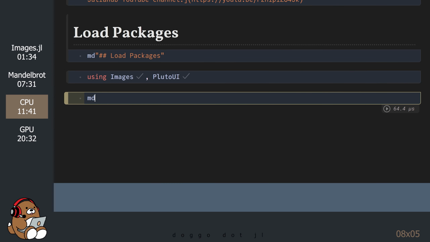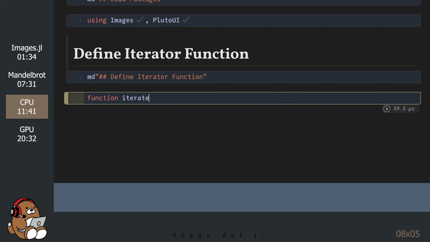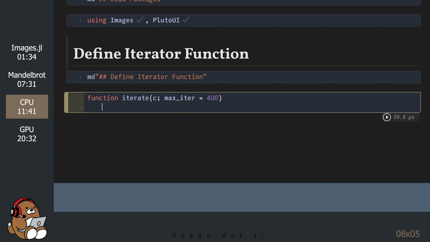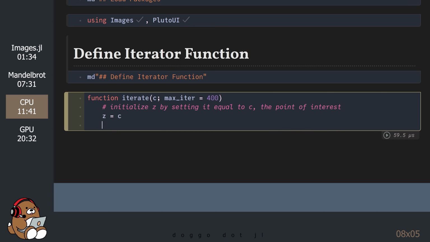Let's start with the iterator function. I modified this code slightly, but my biggest alteration was to add a lot of comments so I could better understand what the code was doing. c is the complex number to be tested, also known as the point of interest.